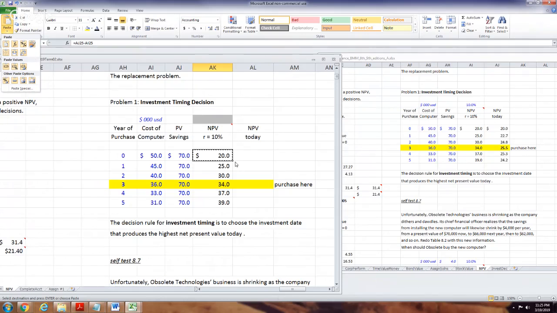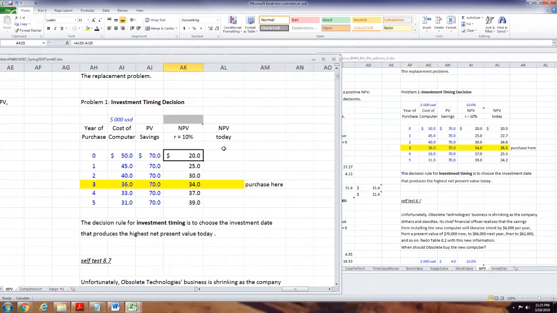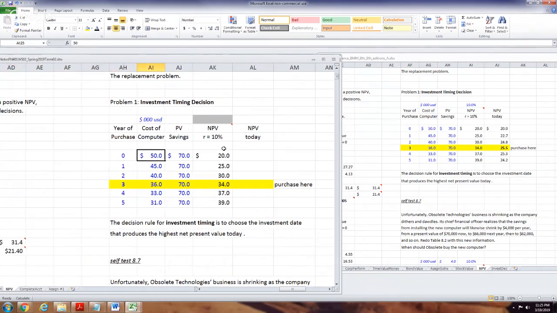But when you have some time, go through this paste specials and all the versions. And if you want to get rid of your highlight, just hit escape a couple times, at least once, but probably twice, to get rid of the little highlights. See, Control C, then hit escape, and it gets rid of it. And use your arrow keys to get around. Okay. But now in terms of the NPV though, we're going to use a 10% cost of capital.